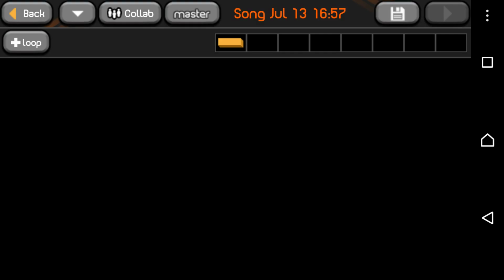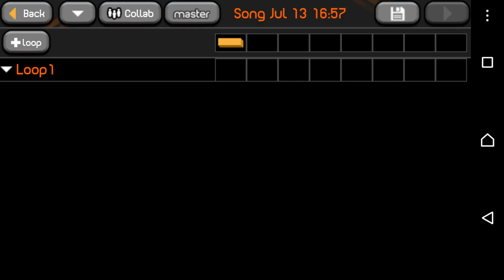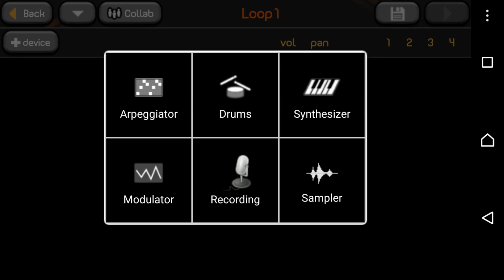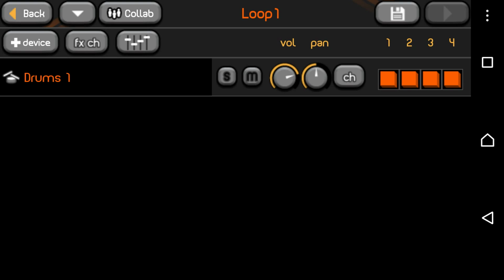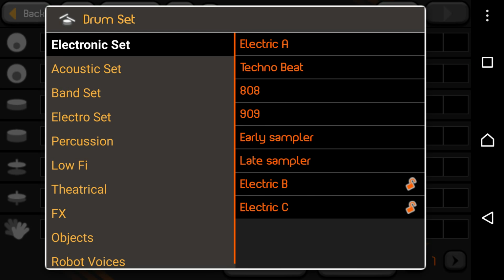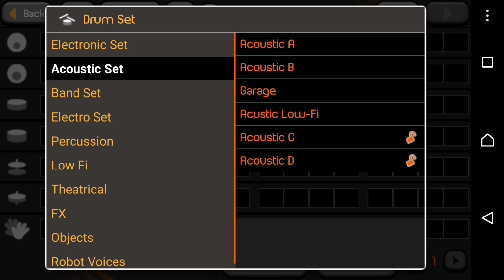So now we have an empty song because there are no loops in there. I'm going to add one loop. It's here, opening the loop, adding one device. We'll just start with the beat. 140 beat. I'm going to use the acoustic set, acoustic C,